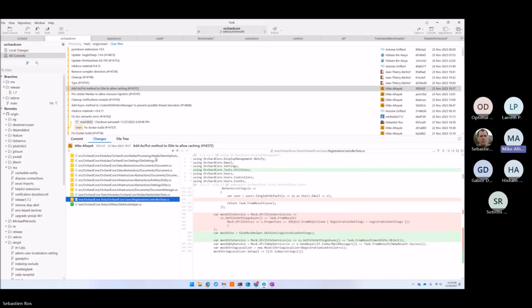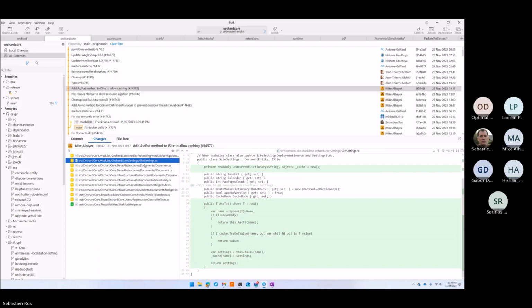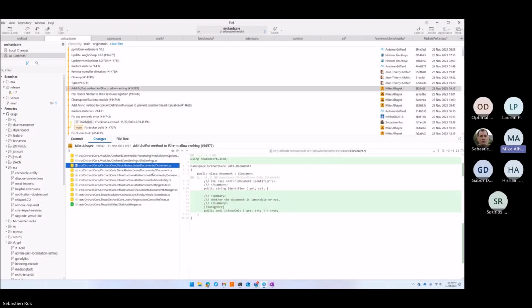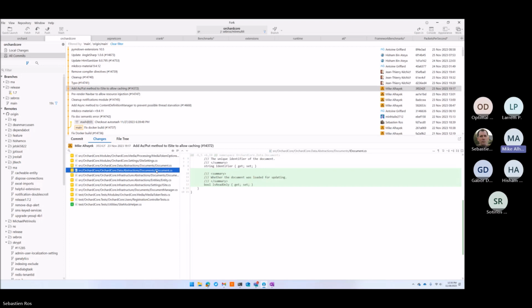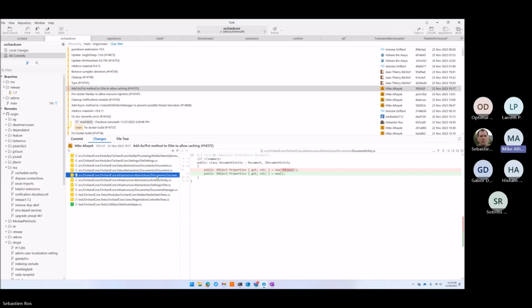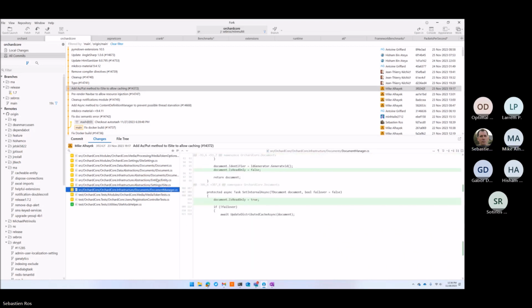I am personally not a huge fan of that flag, but John Theory made an update to this PR to make sure we're only caching a read-only document, which in this case is the settings. So when you load the settings, I think it's loaded as read-only, and so because of that, we can support the caching safely of the properties. Too much complexity.